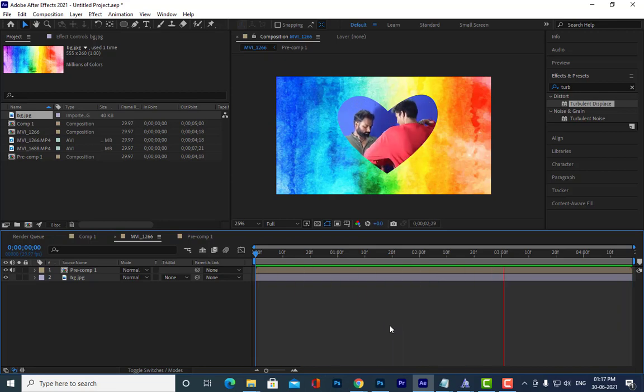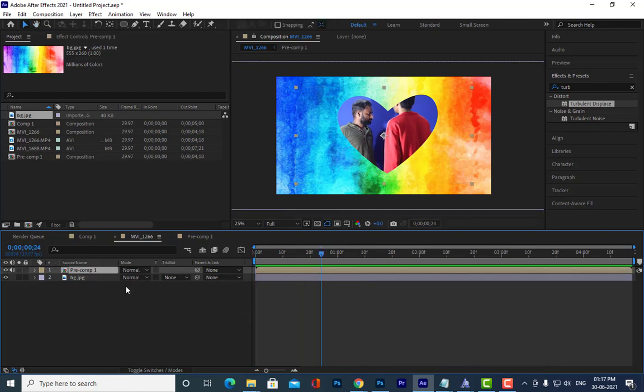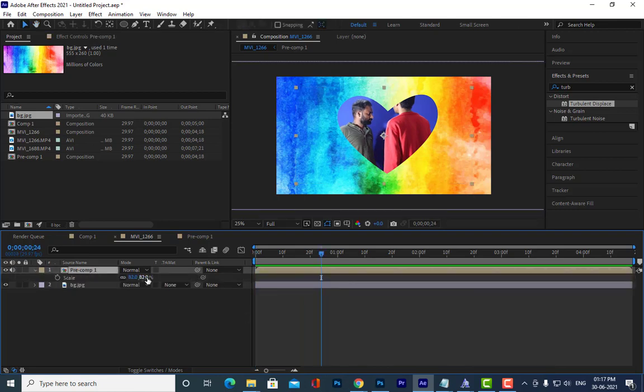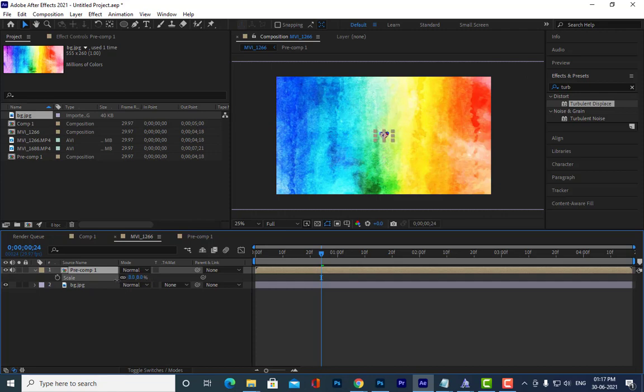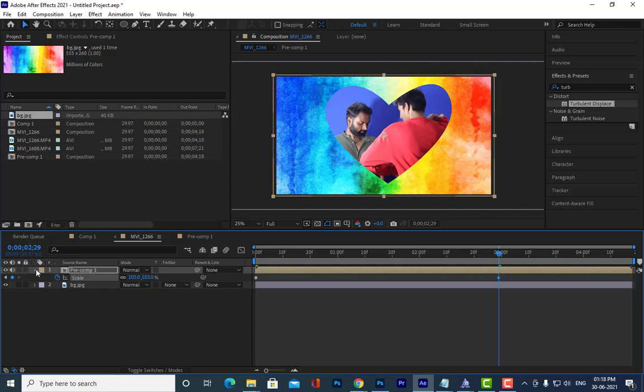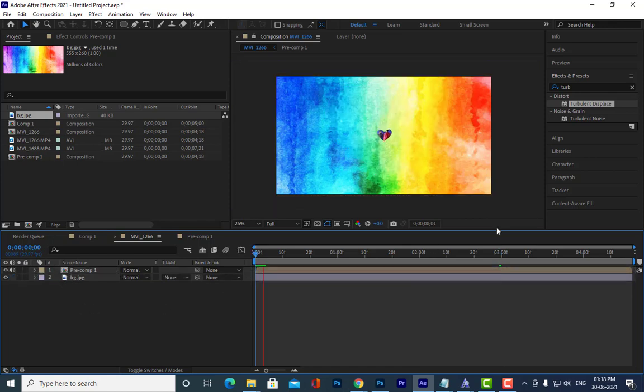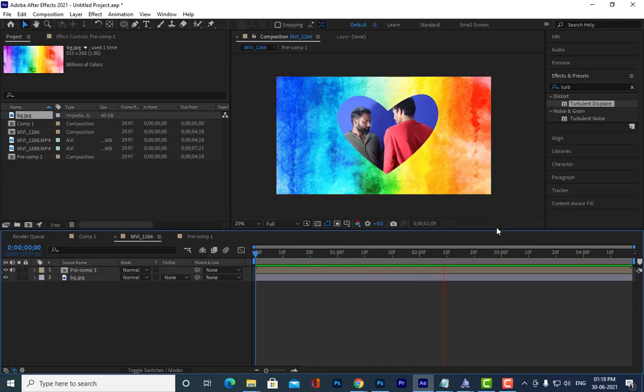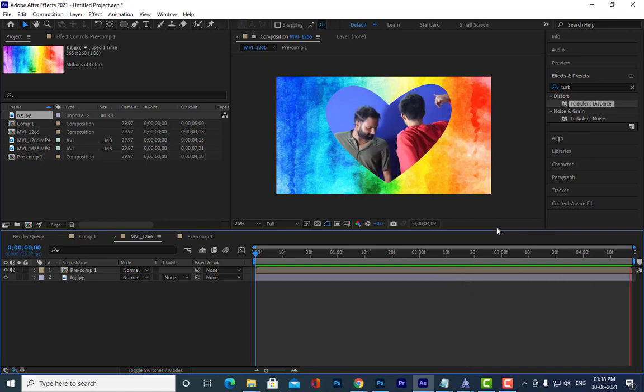You can even give some animation to this. So we can just make it small, then we can just scale it. Okay, something like this.